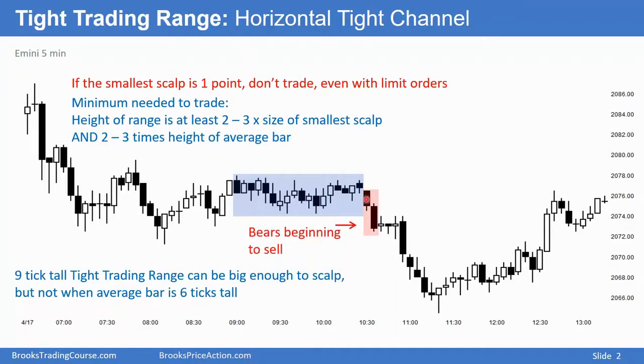We have a bear breakout of a triangle and a follow-through bar. The market looks like it's changing, and it looks like the bear trend is resuming. So bear trend, trading range, you can call it a triangle beginning all the way back here. We're getting higher lows, and we're getting lower highs. And we're getting a breakout with good follow-through. This close is below the low of the past 20 bars or so, closing near its low, and we have consecutive big bear bars. Odds are this is the beginning of trend resumption down.